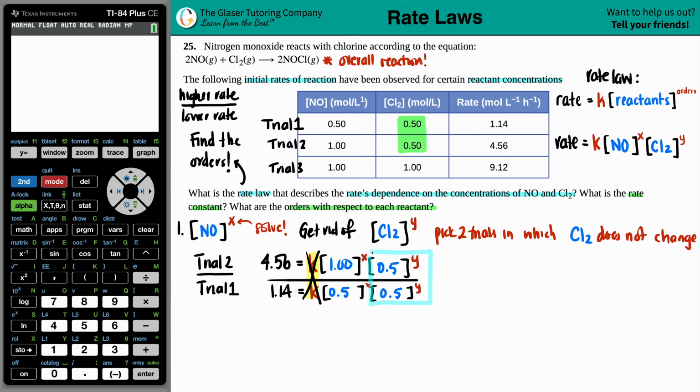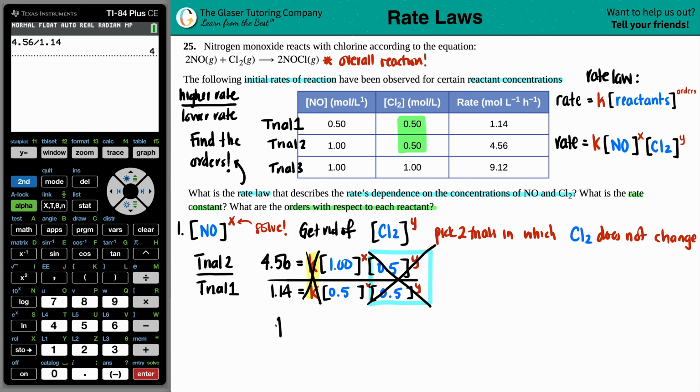That's why we pick 2 trials in which the Cl2 didn't change, because you just cancel it right out. So now we're down to just dividing the rates and dividing the concentrations for NO. So 4.56 divided by 1.14